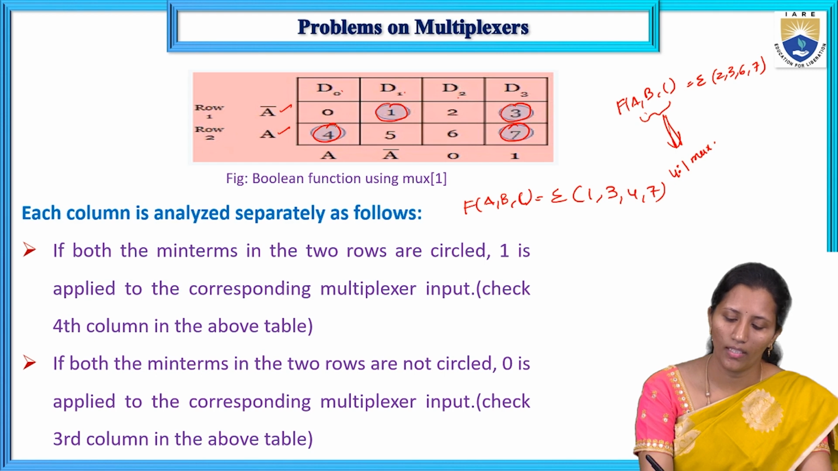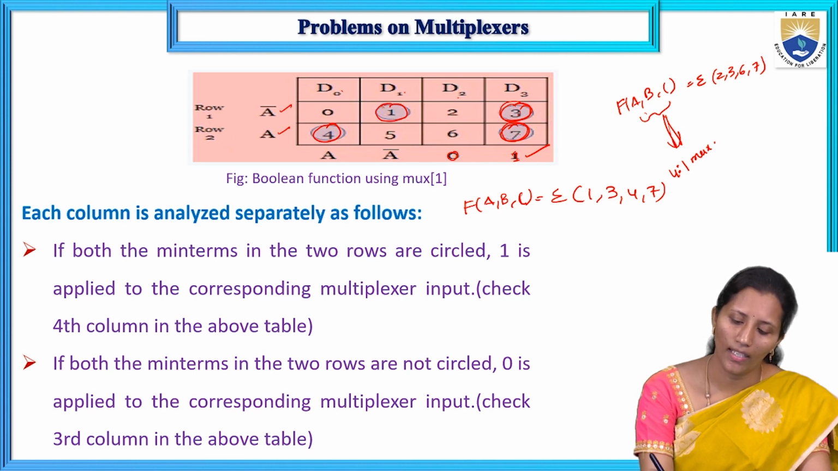If both minterms in the 2 rows are circled, if both minterms here 3 and 7 are circled, it means we have to write 1 here. If both are not circled, we have to write 0 here. And if both,